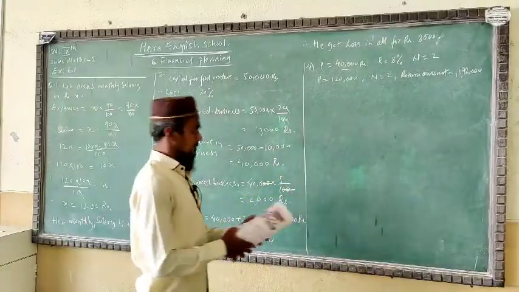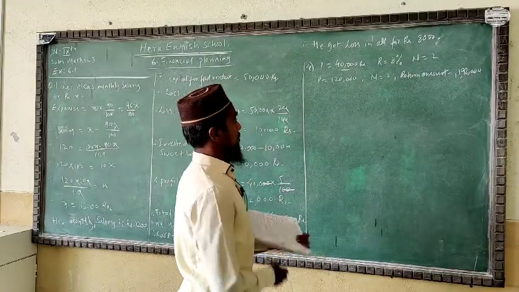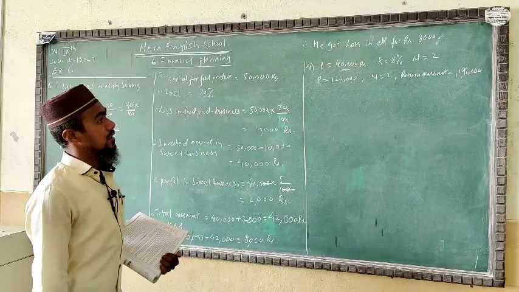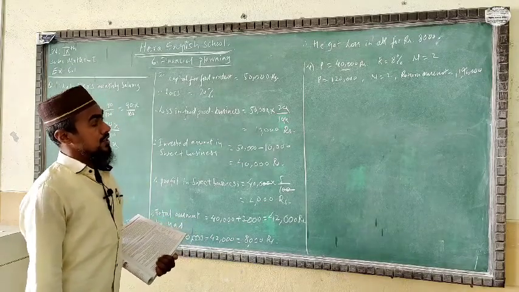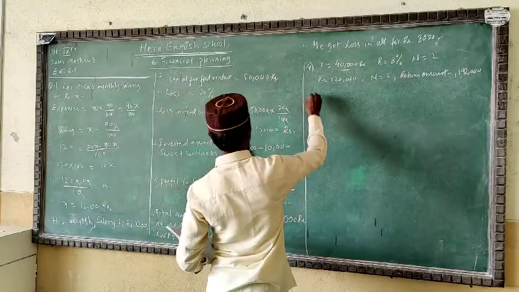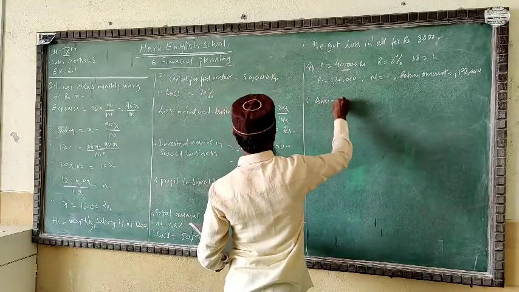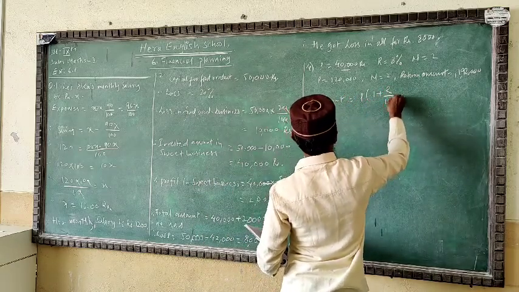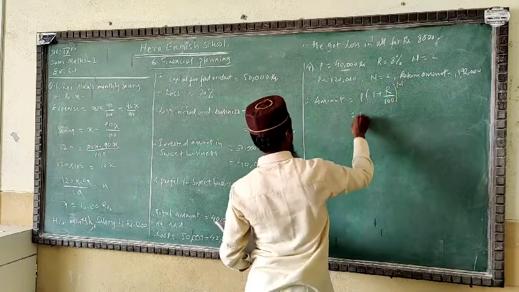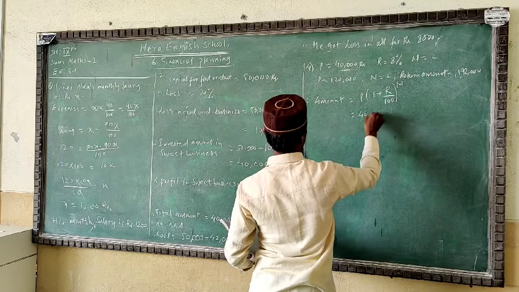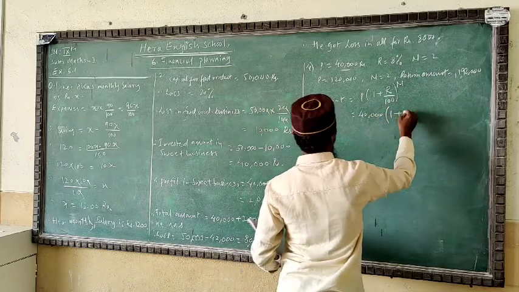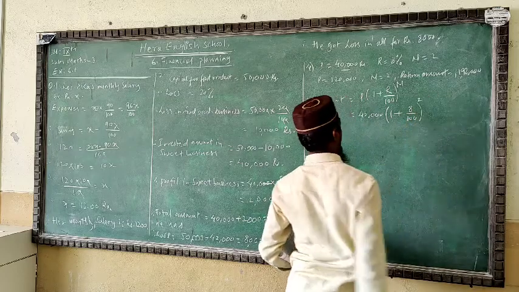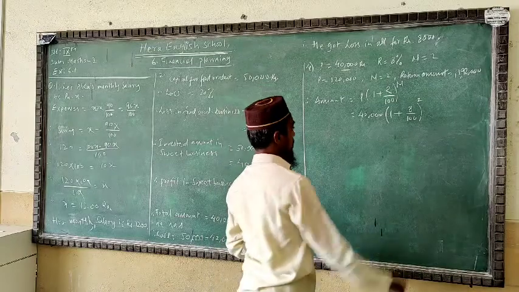First of all, we'll bring Mr. Sayyed's amount, which is invested in a bank as compound interest. You know the amount formula is equal to principal, inside the bracket 1 plus r upon 100, raised to n. The principal is given, 40,000. 1 plus r, the rate of interest, 8 upon 100. The power n is for 2 years.